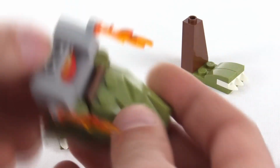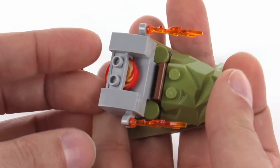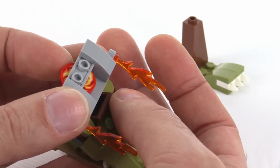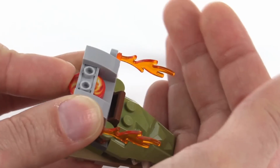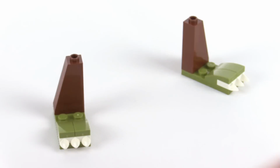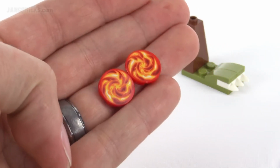And if you haven't seen these disc launchers, it's just a very simple little setup, and out of all the battle packs that they've done for Chima so far, I think this is the most open and simple of them. Not even covered up on the top, and it just has the disc from the back that you just push through, and that's going to have a little point where all of a sudden it lets go and shoots out that disc. They give you a total of 3 discs in the set, and these are just printed 2x2 round